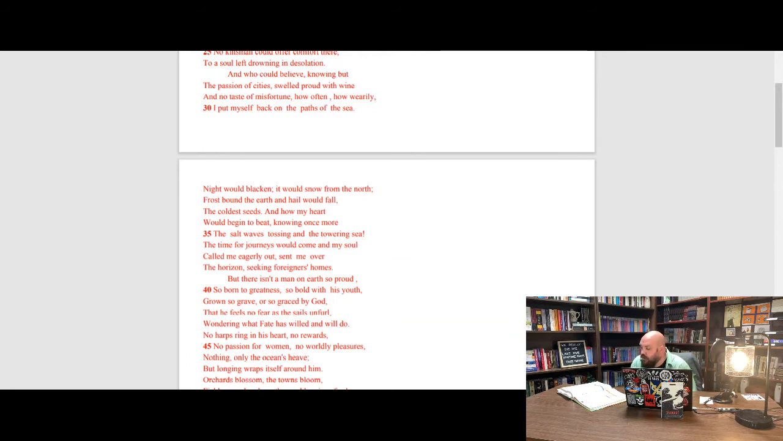It says, and who could believe, knowing but the passion of cities, swelled proud with wine, and no taste of misfortune, how often, how wearily I put myself back on the paths of the sea. Night would blacken, it would snow from the north, frost bound the earth, and hail would fall, the coldest seas, and how my heart would begin to beat, knowing once more the salt waves tossing in this towering sea. The time for journeys would come over my soul, called me eagerly out, sent me over the horizon,